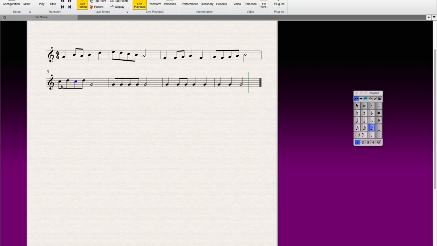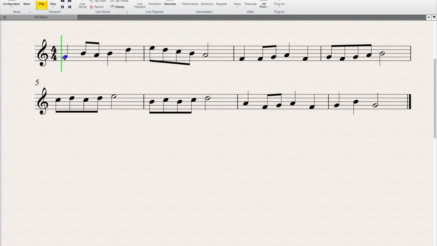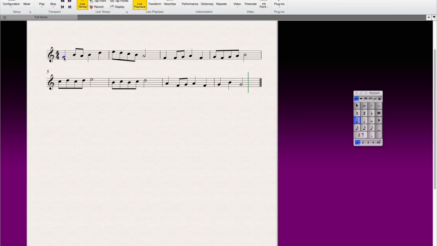I want that to be a C. Okay, so I've just improvised along the rhythm, and it sounds like... So that sounds like a melody, and it's getting coherent because I've been building this rhythm structure in our motive